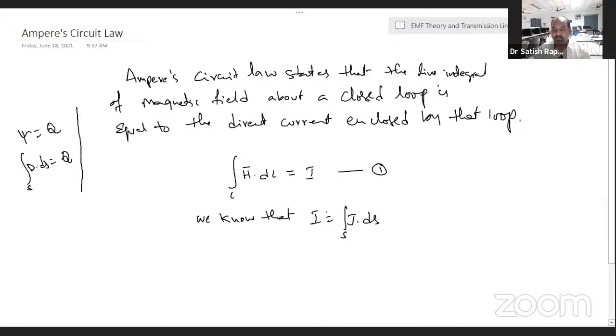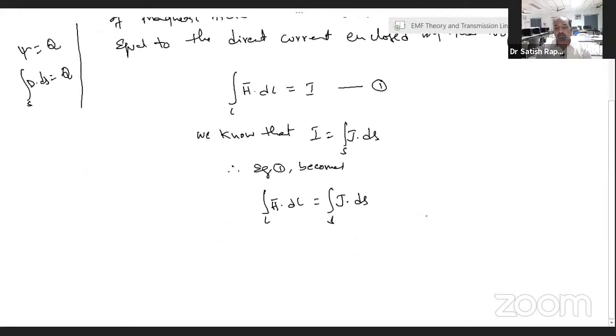So therefore equation 1 becomes the line integral of H dot dl is equal to the surface integral of J dot dS. Let us say this is equation 2, and applying